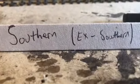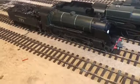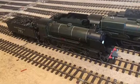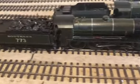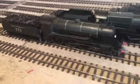Okay, so now we're at the Southern region. This is the second largest collection of locomotives I have. So we're going to start here at the beginning with the first ever attempt at my weathering, so excuse it for being very, very shoddy. And again, my first Southern loco in the Southern olive green. This is a class N15 King Arthur,